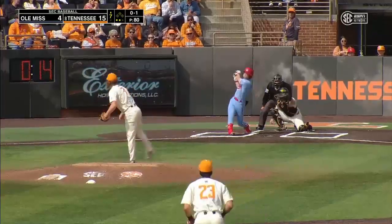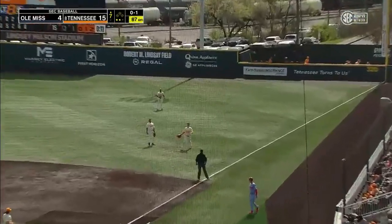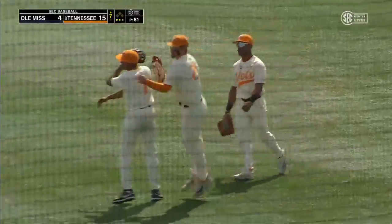Trayson Hughes pops it up right side. This should do it. Blake Burke calls off Moore, makes the catch. And the Vols